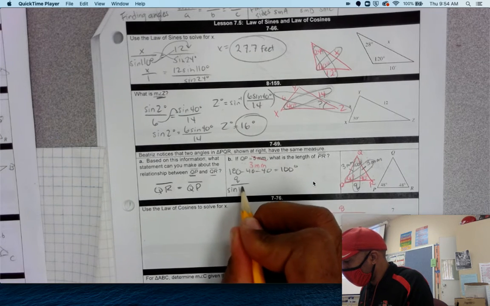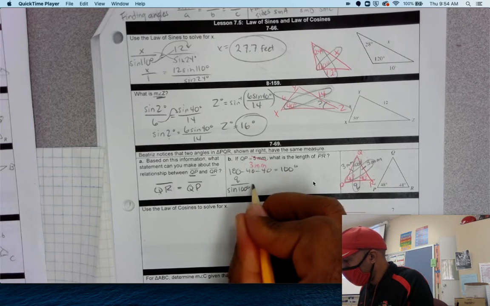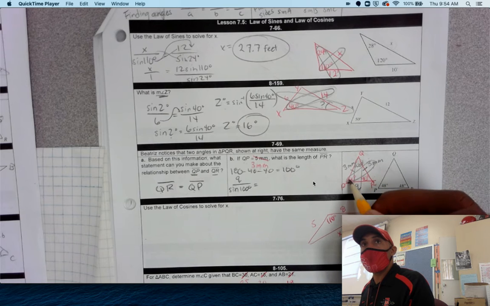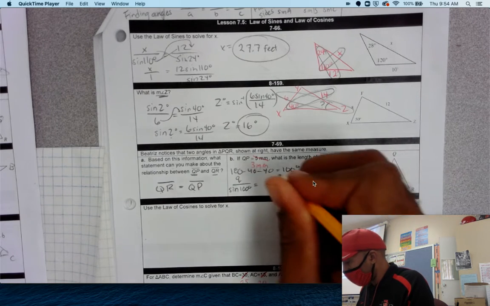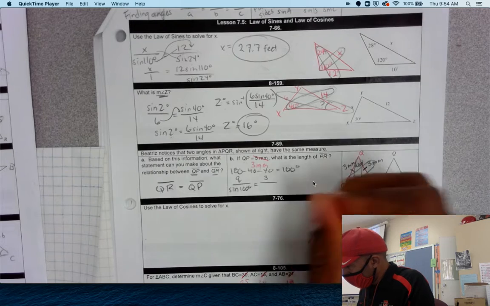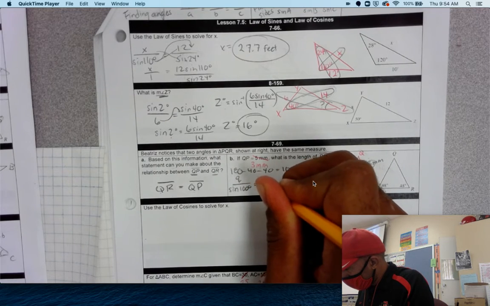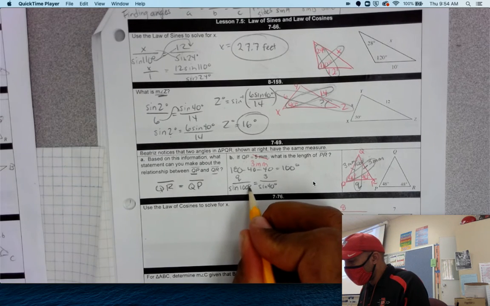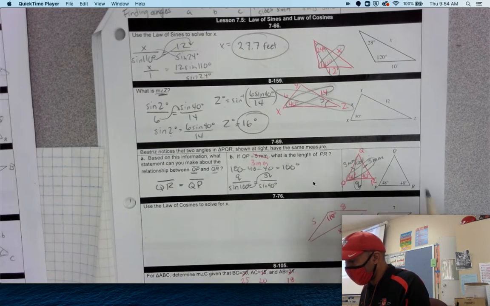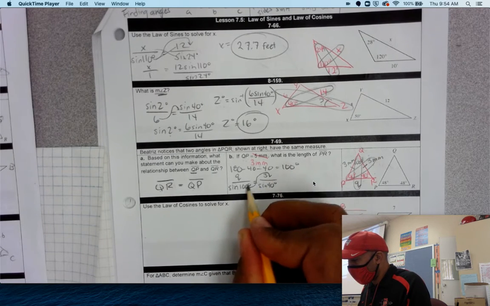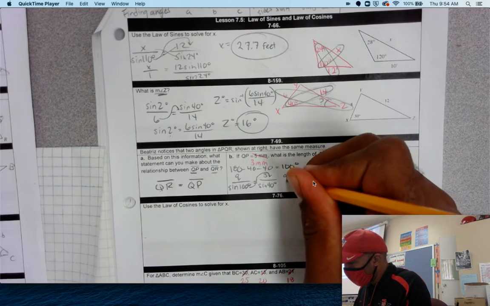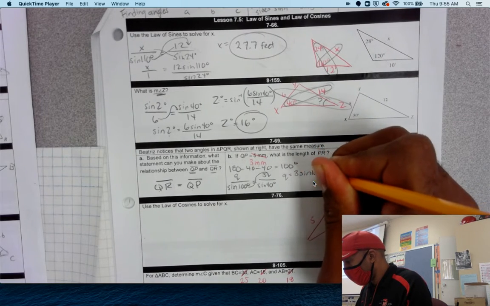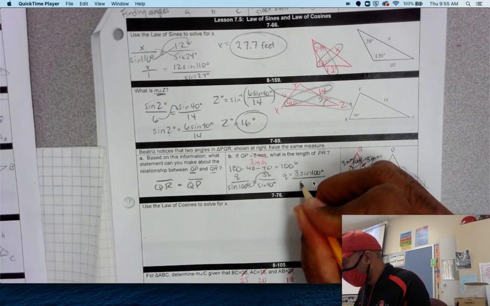Divided by the sine of the angle that's across from it, so the 100, equals the other pair that I know about, which is the 40 degrees and 3. And remember, I want the side on top, and then the sine of that opposite angle on the bottom. And now, just like I told you before, I'm going to use the cross multiplying shortcut. I'm going to move this up to the top because it's diagonal from it. And now Q will be equal to 3 times sine of 100 degrees divided by sine of